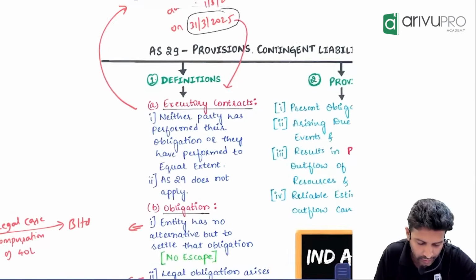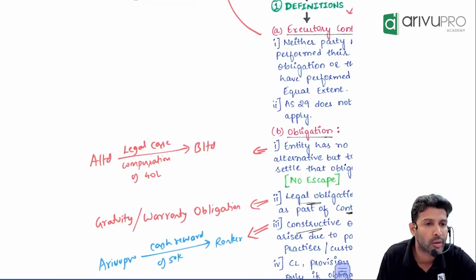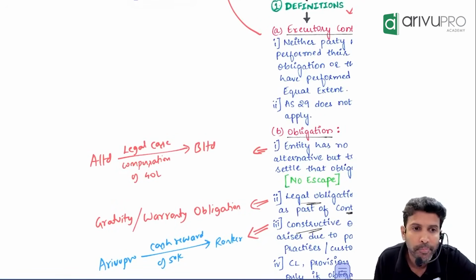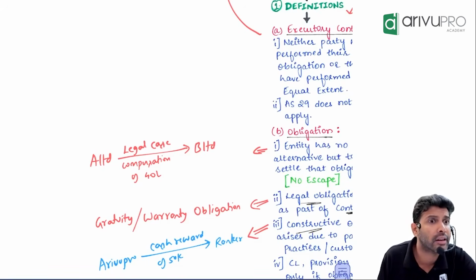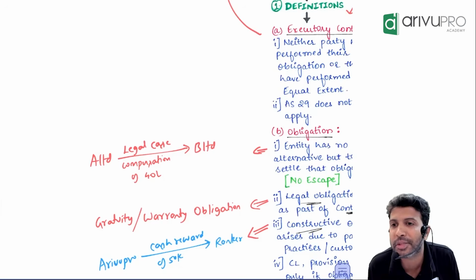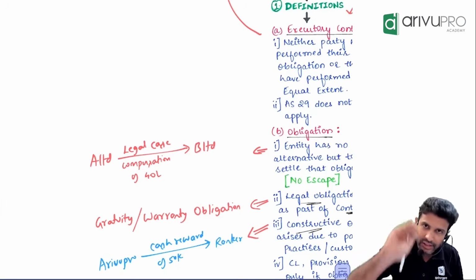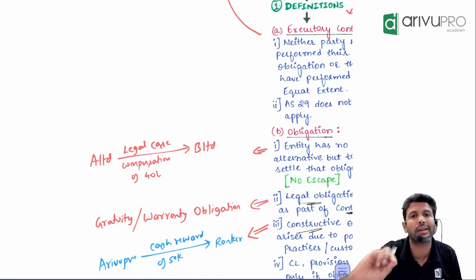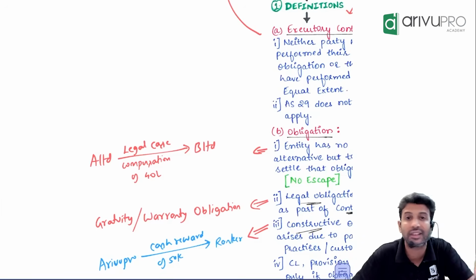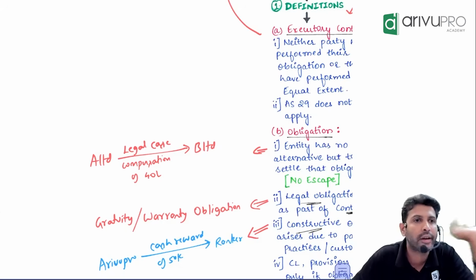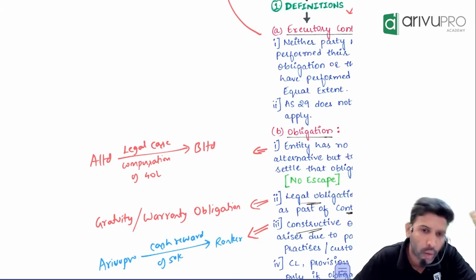Like here, when somebody files a case against you, they are asking how much? Will you pay 40 only? Maybe more, maybe less. When will you pay? After 1 month, after 1 year, after 10 years, or when? Depends on the judgment. Will we know when the judgment will come? No. So provision is a liability, but with uncertain timing and amount. When it will come, to what extent it will come, we can only estimate. We cannot say with 100% precision. That's all. Okay, that's the meaning.